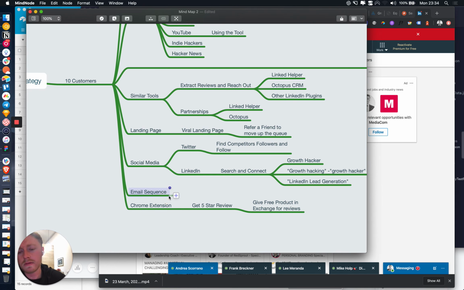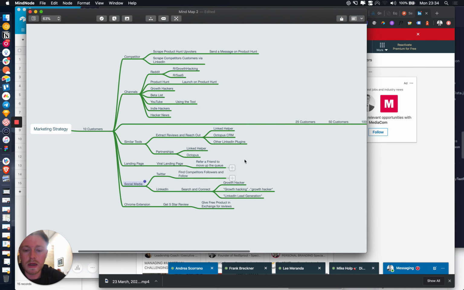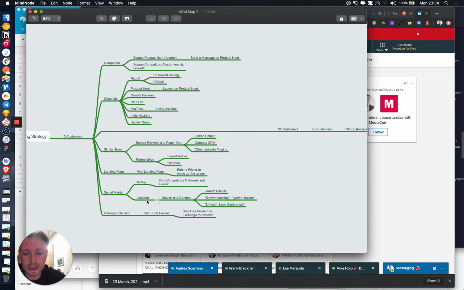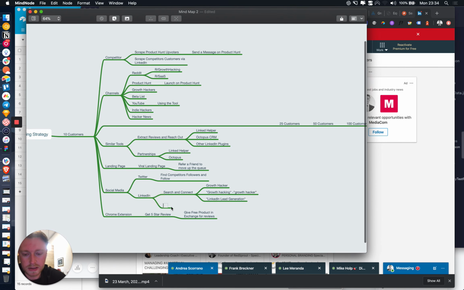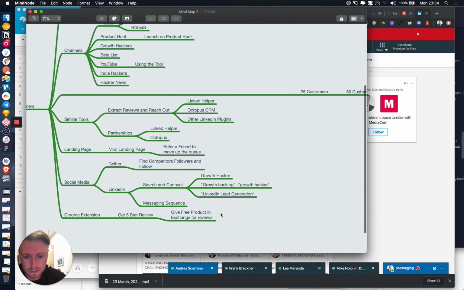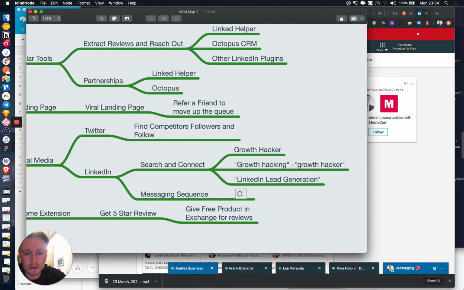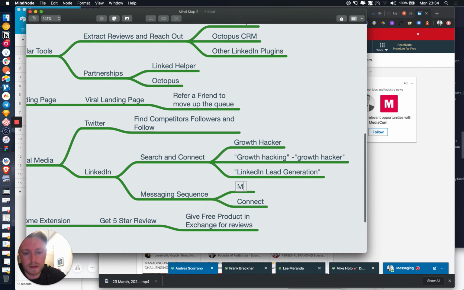Email sequence for how. In fact, I don't want an email sequence, do I? Just social media. We want to do search and connect. So I need to write out a messaging sequence. Connect message one.